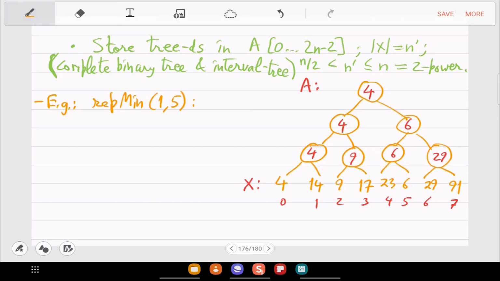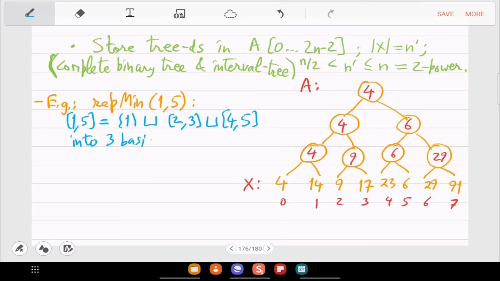So you have to decompose the 1, 5 interval into basic intervals. What is that decomposition? First one is 1, then 2, 3, and then 4, 5. This is the decomposition into 3 basic intervals, or basic interval nodes in the tree.